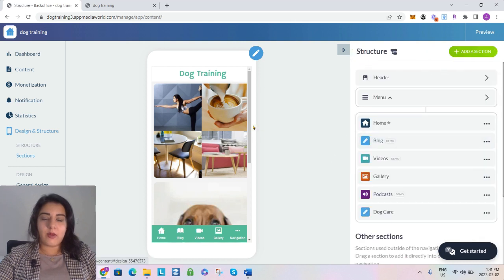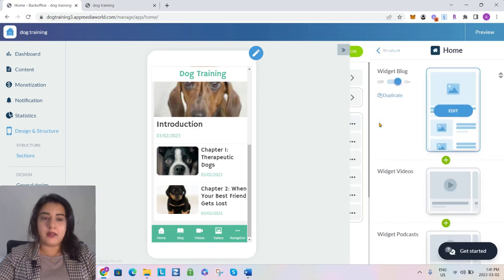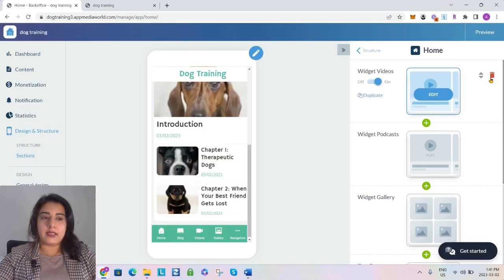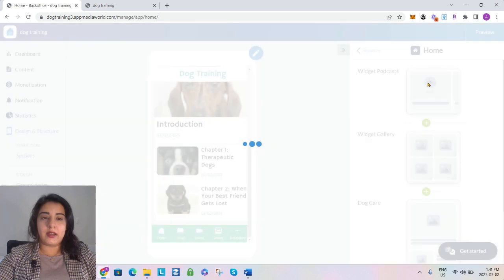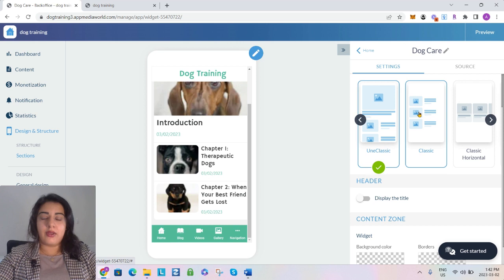Okay, the next thing I want to do is edit the home page, the way that looks. So I can click on home, the one with the little star beside it, and I can remove all of the widgets that aren't necessary. So this is also previous demo content that was in there. So I'm going to remove everything except for my dog care section. And then I can click on edit, and I can edit the way this one will display on the home